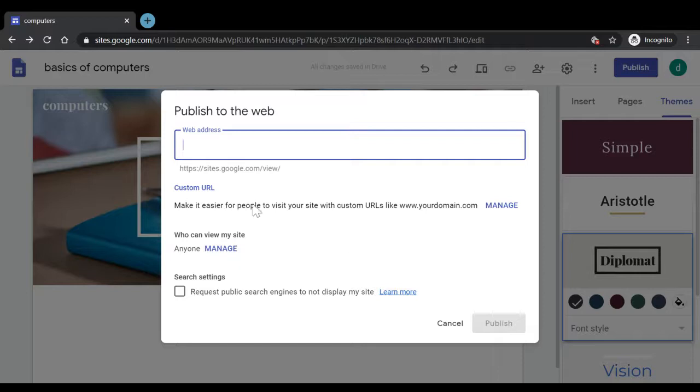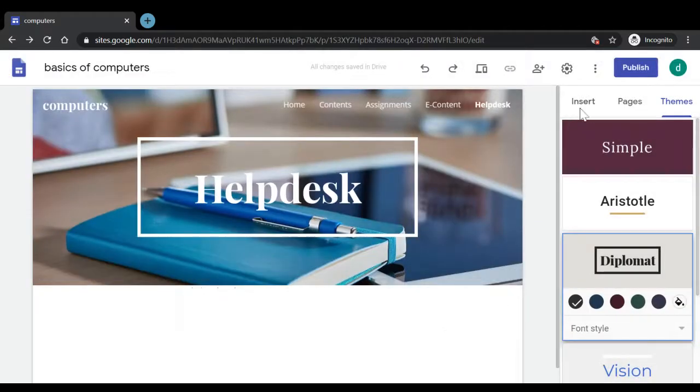So in case you have already purchased your own domain name, which is available from a number of vendors online, maybe on some payment basis, then you can click on this manage button and enter the domain name that you want to have for your particular Google site. So for now, I'm clicking on cancel. We had initially published this site, then we unpublished this site. So right now, this site is not visible to everyone because we haven't published it yet. So these were some of the features of how we can create our own Google site.